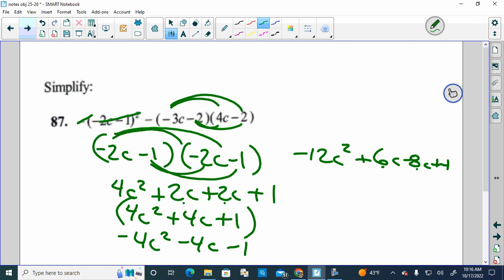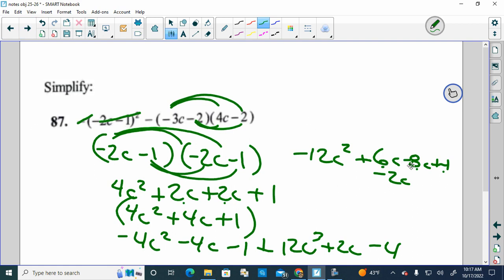Okay, so when I distribute that negative to that negative, it's going to change it to a positive 12c to the third. Okay, this is going to be a negative 2c, but I want to change it to a what? Positive 2c. Okay, because that gave me a negative 2c, but then when I take that negative, it's going to change it. Okay, and then I have a positive 4, so I'm going to switch it to a what? Negative. Okay, so that was a positive 4, but because of the negative, I'm switching it back to a negative. Okay, so now we just need to,